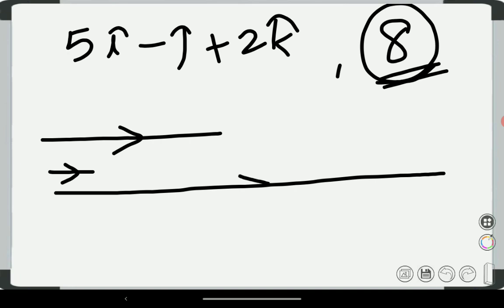If you multiply the unit vector by a number, we will get a vector in that direction. If you multiply by 8, you will get a vector of magnitude 8. If you multiply by 10, you will get a vector of magnitude 10 units. So the idea is first to find the unit vector, then multiply by 8. I think you can do it by yourself. Find the modulus of this vector, divide by the modulus, then multiply by 8. Okay, the remaining we will discuss in the